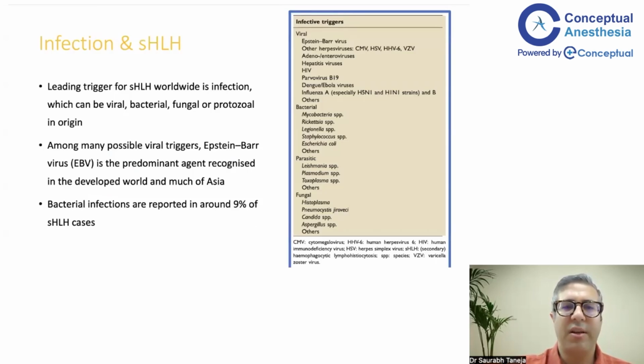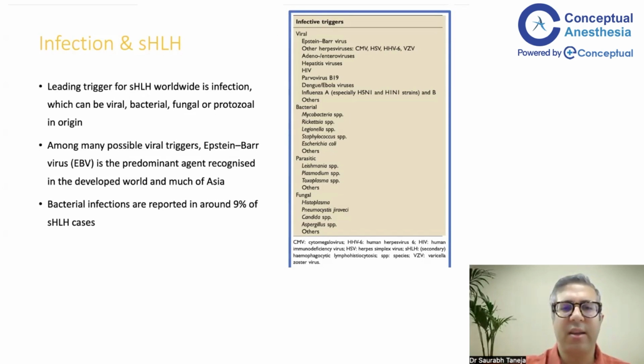One of the major triggers is infection, and here the first or most common is the viral infections, and predominantly the Epstein-Barr virus. So remember, this can again come as an MCQ, Epstein-Barr virus. Other herpes viruses, CMV, adenovirus, hepatitis virus. So all kinds of things can lead to it. So dengue can lead to HLH. So we can see that in the critical care settings.